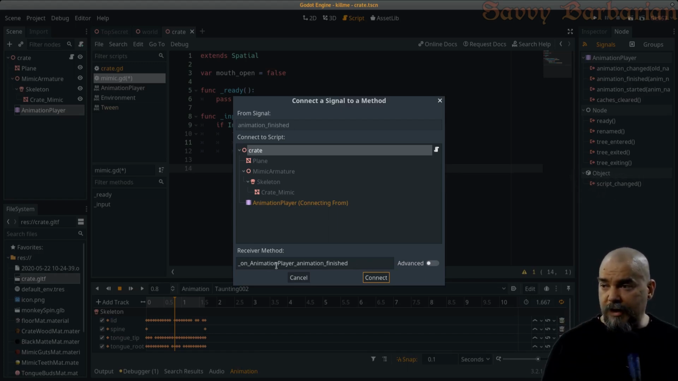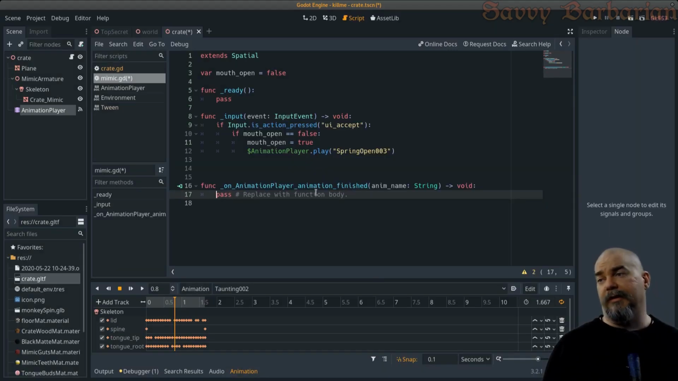So when I click create, I'm going to end up with this function called on animation player animation finished. Just kind of a mouthful. Feel free to rename that if you want to, but this works. So here's my function on animation player animation finished. And it's going to pass me a string back anytime that I want to of which animation that animation player